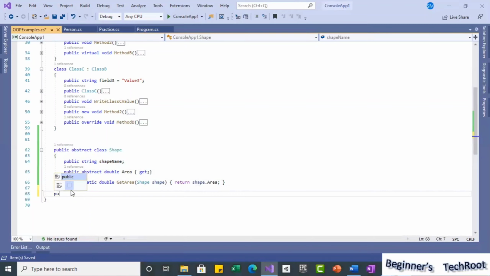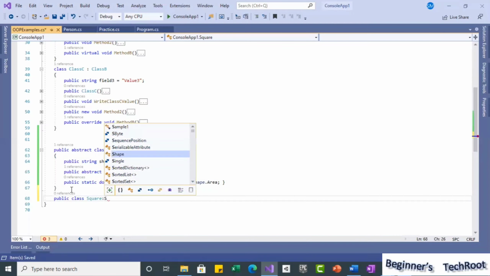Okay, so now I will go for another class, one more class for a specific shape. Public class, I will go for Square, and I will inherit the Shape class.